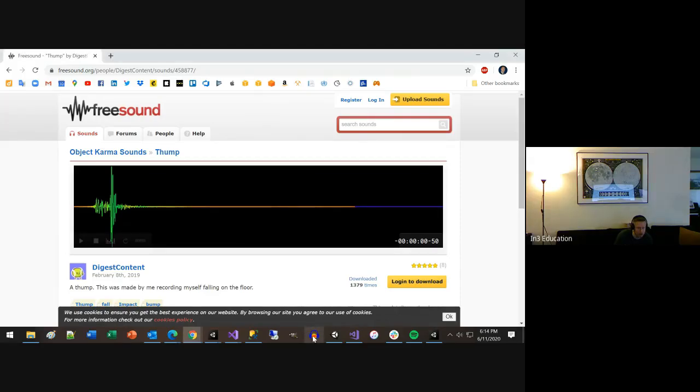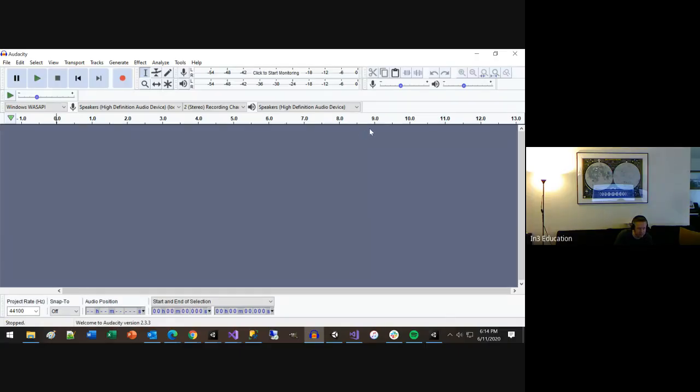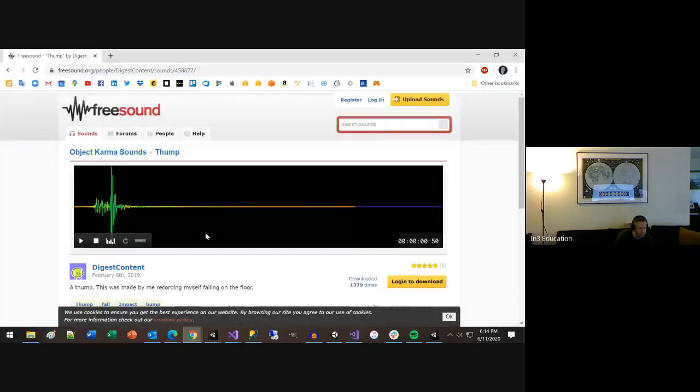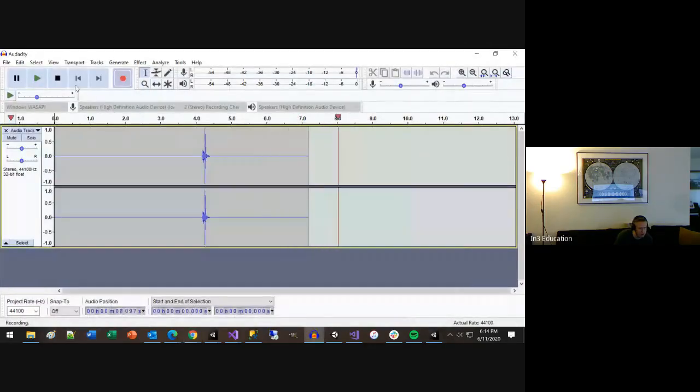One good free software for audio stuff that I use frequently is Audacity. It's free. You can just hit record and come over here and, yep, there is our thump right there. You can use this to record anything on YouTube basically, but we don't want that whole audio clip. We would just want this little bit. So let's grab this,